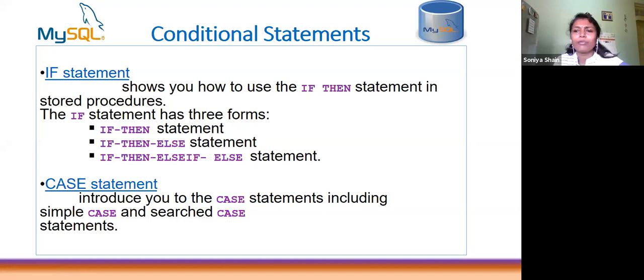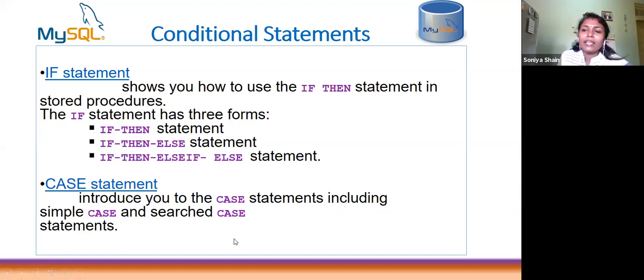One difference in the case statement is that it exists as a simple case and a searched case.